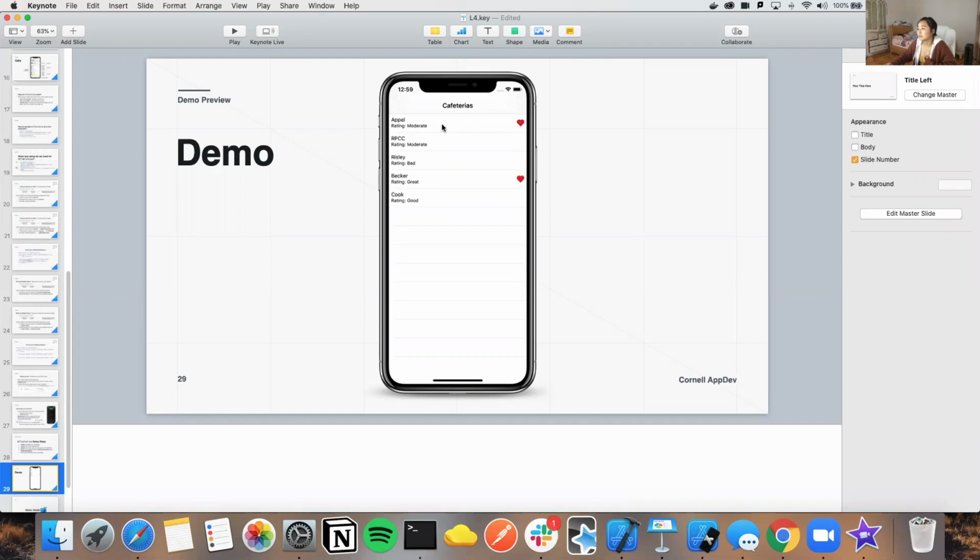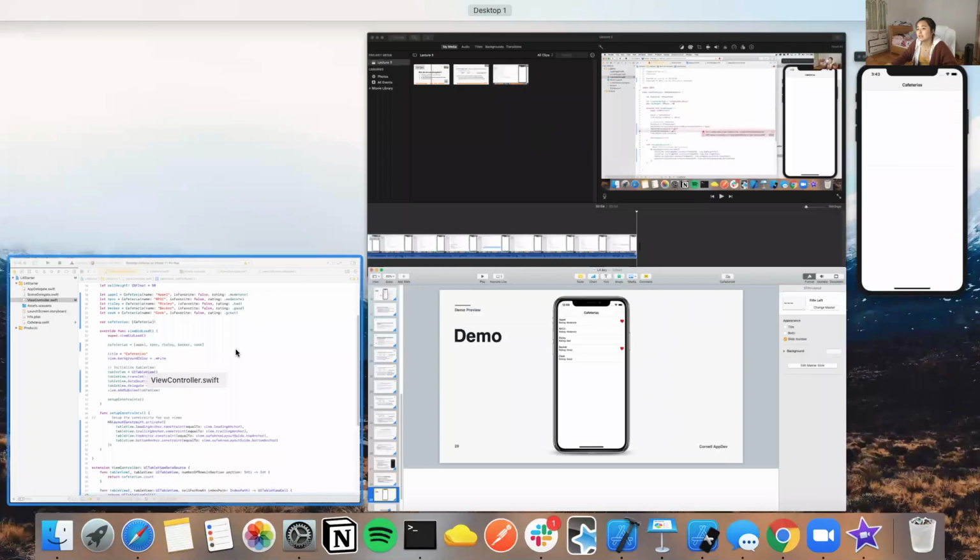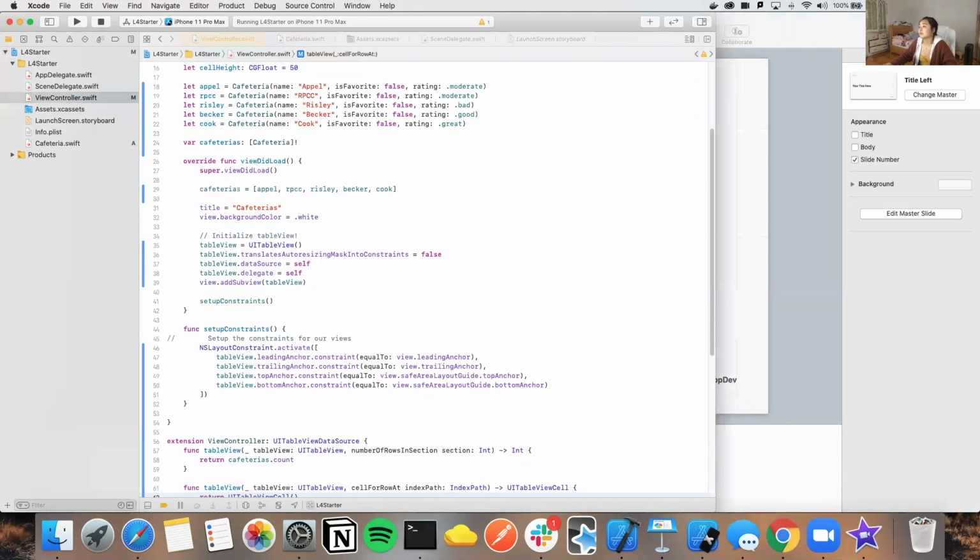There's no default cell that UIKit provides you that has a heart and these two labels in a cell, right? So in order to actually get this to show on our simulator, we have to create this cell. And so let's walk through how we can create our own custom table view